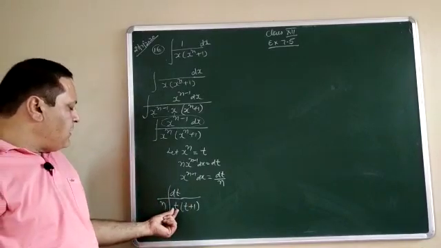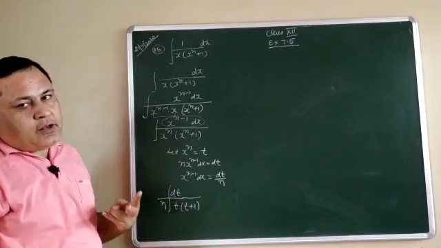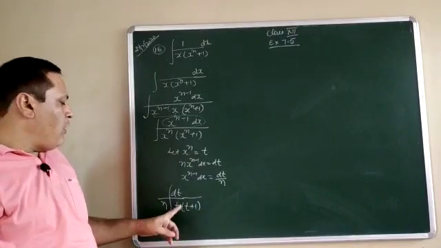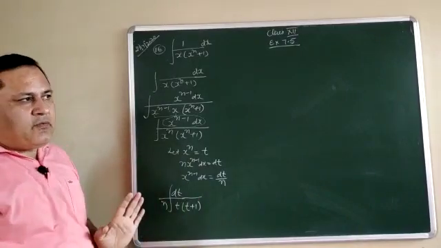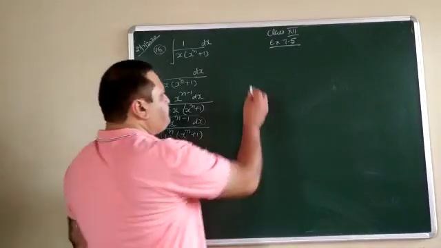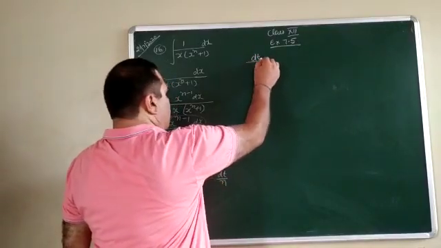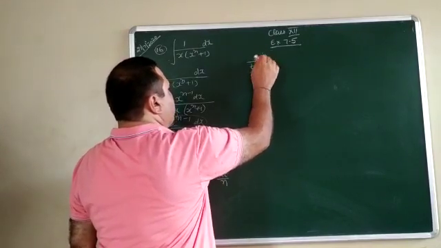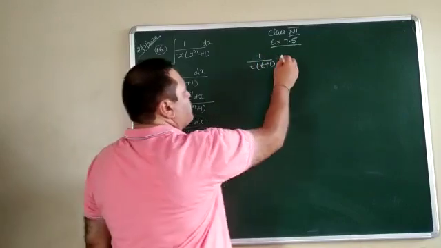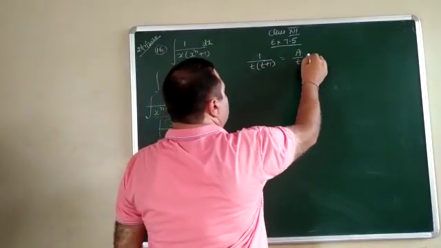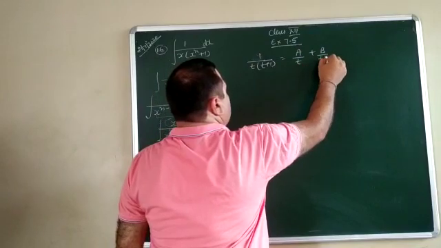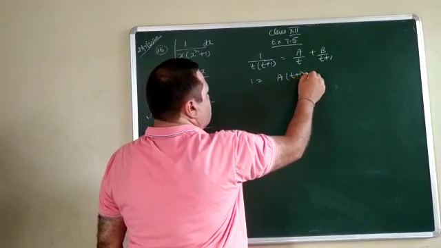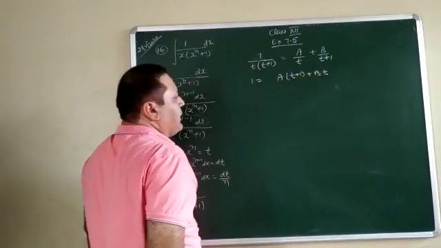Now two factors are there, t into t plus 1. So here we can apply two methods. If you want to go with partial fractions, you can, or if you want to make a perfect square, you can. It is your choice. Now see here, the statement is changed into dt upon t into t plus 1. Let us simplify this statement with the help of partial fractions. So it is a upon t plus b upon t plus 1. After LCM, it is a into t plus 1 plus b into t.